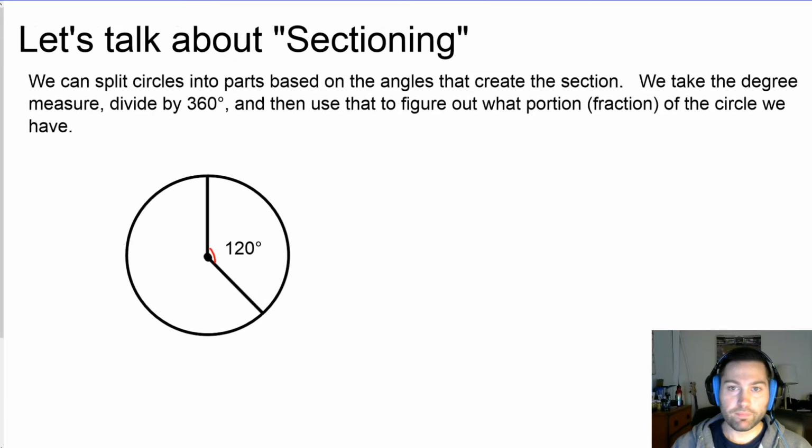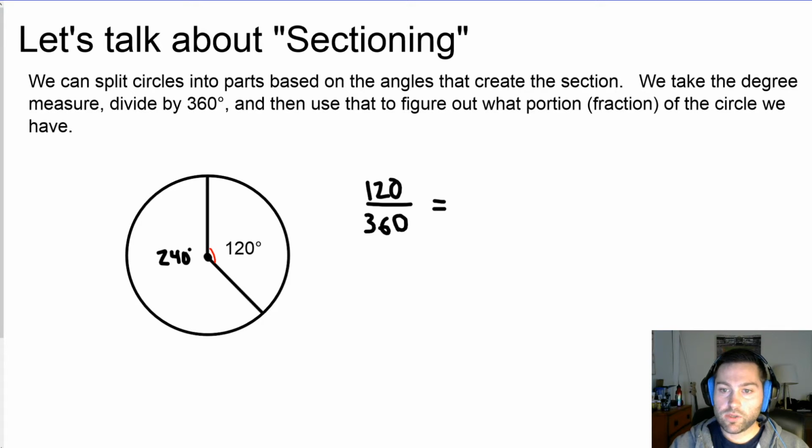All right. So the next thing I want to talk about is sectioning of circles. When we talk about circles, we can split them into parts based on the angles that create the section. We take the degree measure and divide by 360 and use it to figure out what fraction of the circle that we have. So in this example here, I have 120 degrees of the circle as this section, meaning that this section would be 240 degrees. So the 120 divided by 360